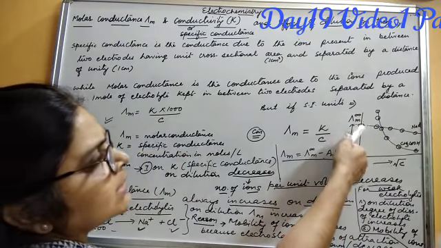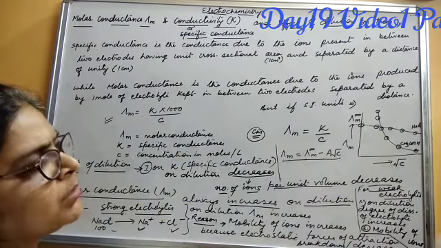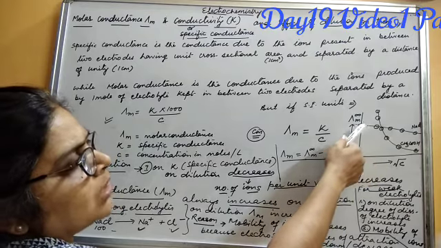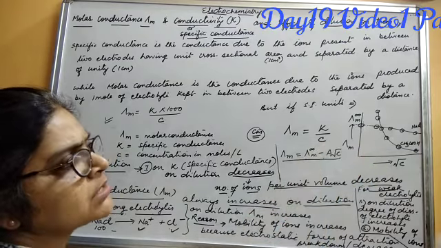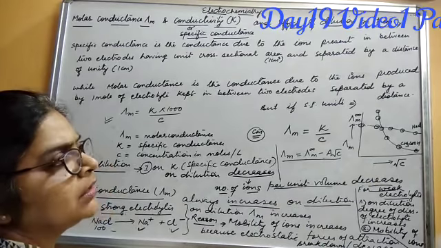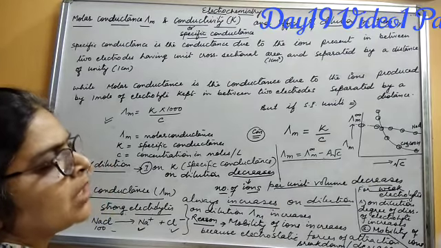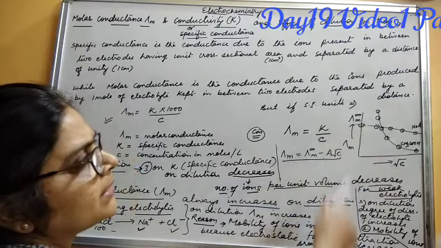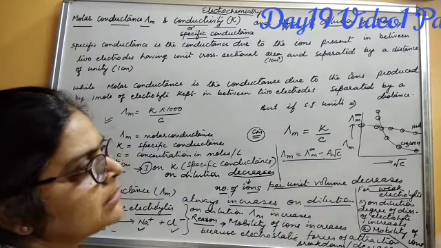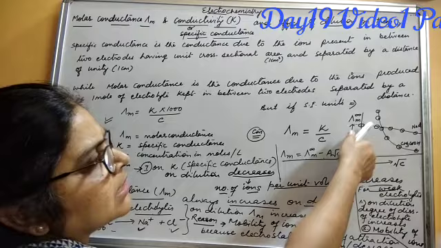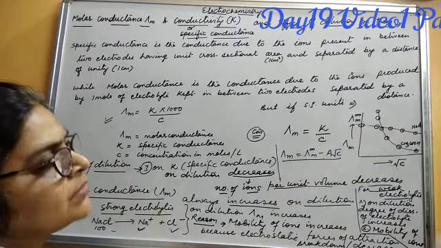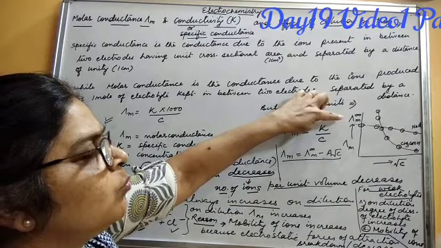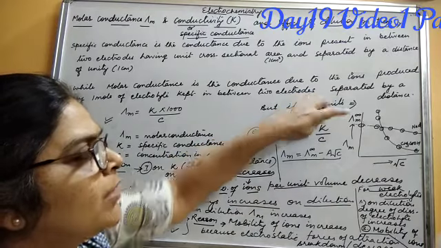That is molar conductance at infinite dilution. It means dilution is increased gradually, but at this point or after this point, there is no increase in the molar conductance, whatever dilution you increase. But for a weak electrolyte, we can't get the molar conductance at infinite dilution by extrapolating this graph on the y-axis. This molar conductance at infinite dilution is also known as limiting molar conductance for an electrolyte.